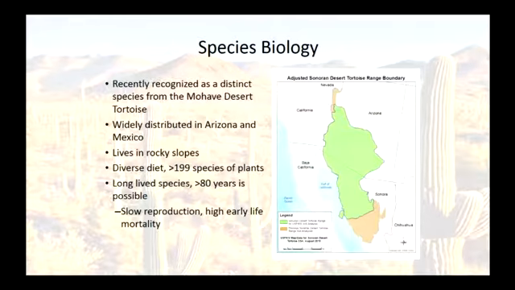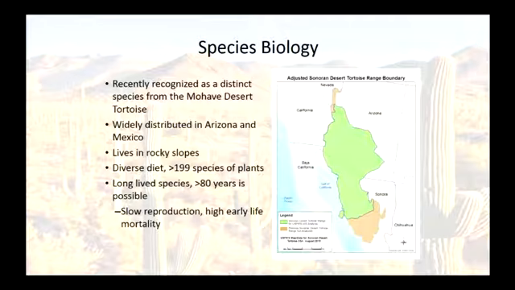As soon as it was recognized as an independent species, the service got a petition to list the Sonoran Desert tortoise. It was not all that surprising that it was a different species because it has some different ecological characteristics than the Mojave tortoise. The Mojave tortoises live in the valley bottoms. They get run over by cars a lot. They interfere with cattle. A lot of people don't like them because they dig holes and then the cows break their legs. And so they're living on the valley floors, eating plants on those valley floors, and living in and amongst people a lot more than the Sonoran tortoise,